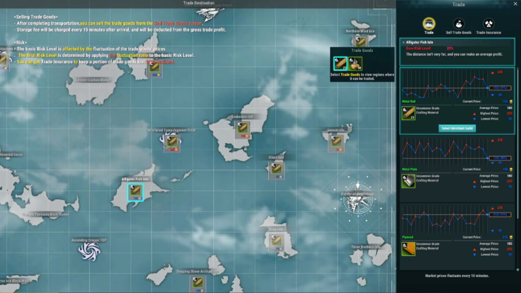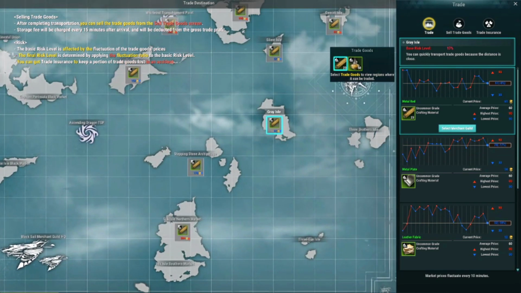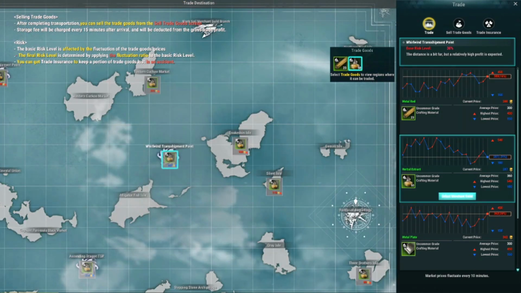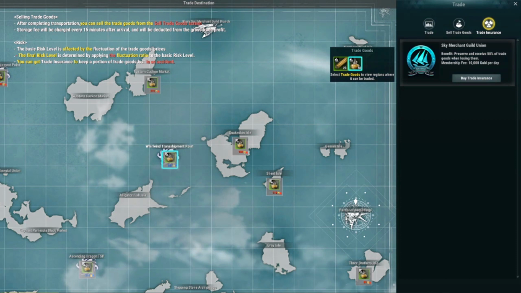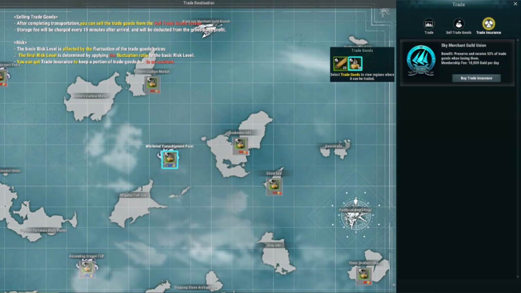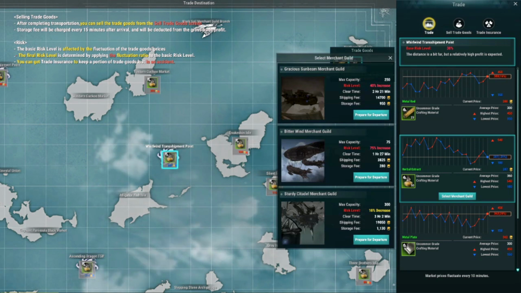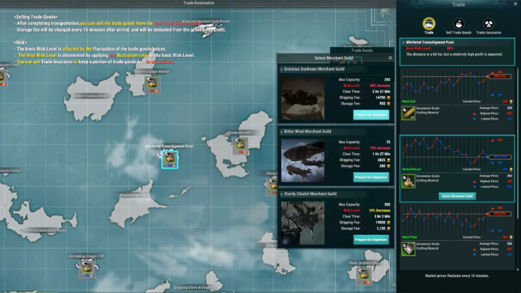I mean, it actually does say up in the top left. Let's look to see what's good. What would make us a good amount of money? We get relatively high profit here. And we can buy insurance, 10,000 gold per day. But it preserves and receives 50% of trade goods when losing them. Which I'm not going to do. We'll just select those. And then we have to choose a merchant guild, I suppose. 40% risk increase. I feel like the Sturdy Citadel are probably the best. They take the longest. Shipping fee is...